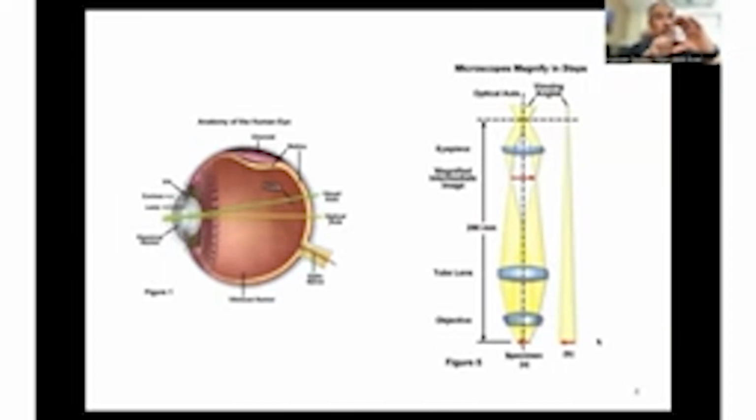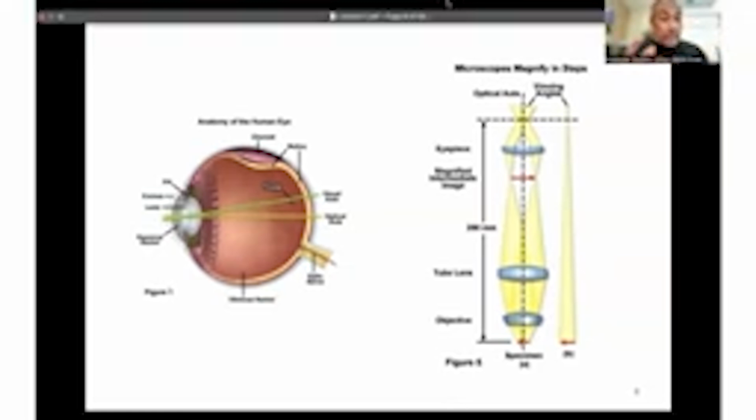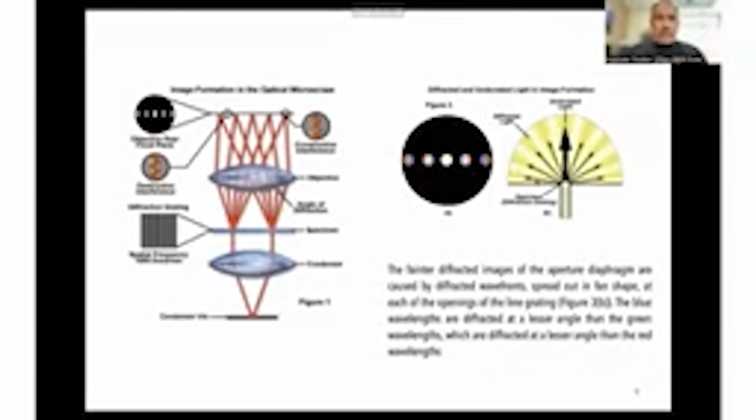And now this allows you to visualize things, right? There are many of us who might be color blind and are not able to distinctly separate out colors, right? And there are many other changes that could happen, which means for the eye to be able to perceive something, all this machinery has to work properly, okay, to be able to allow you to visualize something. And that's the same with microscopes as well, right?